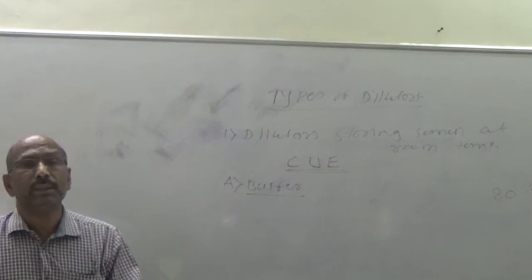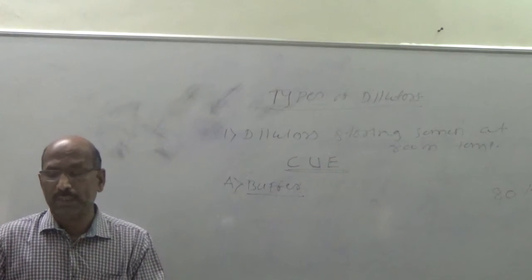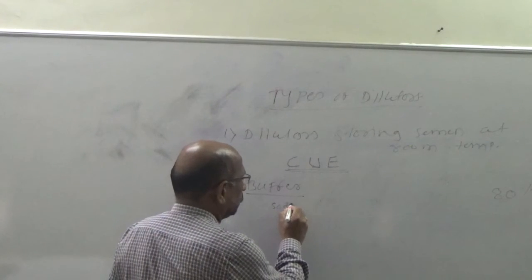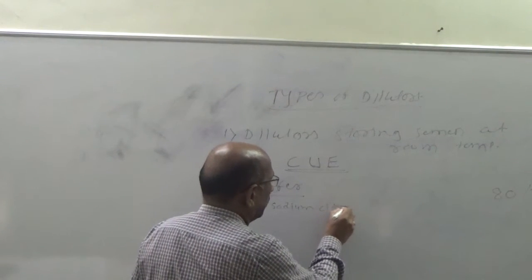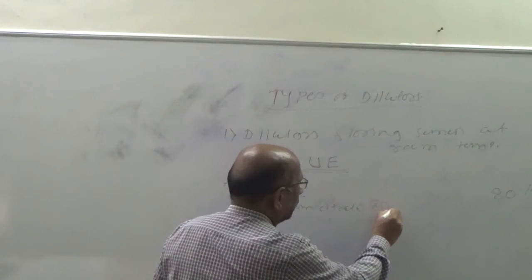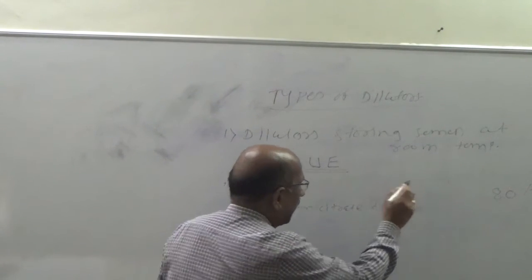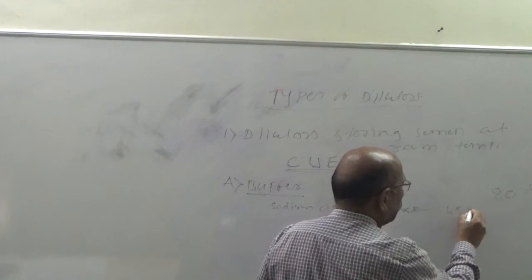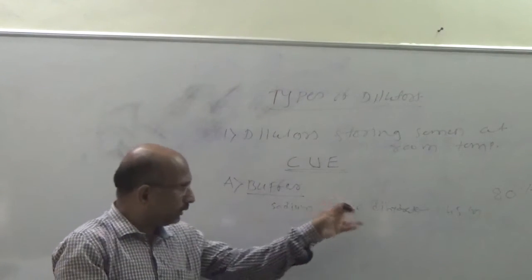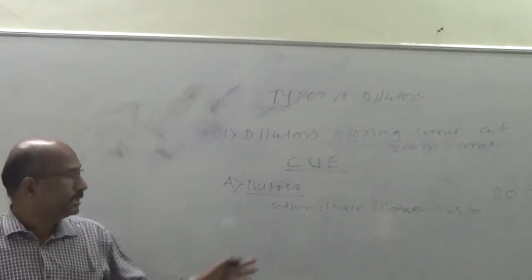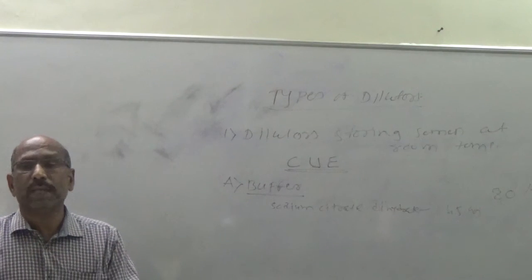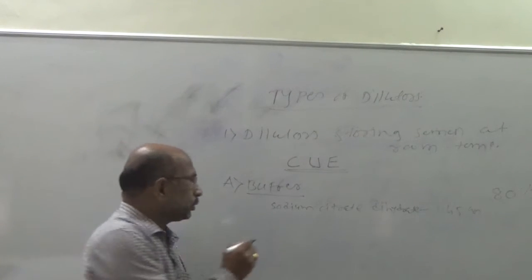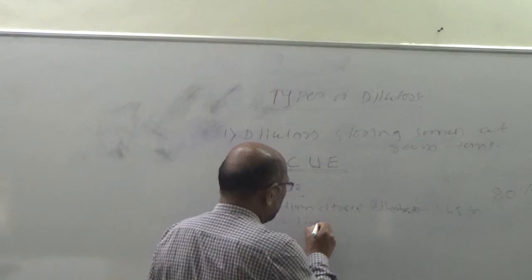This buffer is prepared by mixing the following agents. First is sodium citrate dihydrate, 1.45 grams, then sodium bicarbonate,